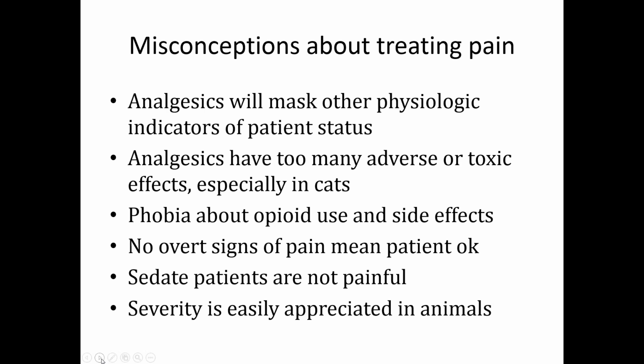There are some misconceptions. Hopefully these aren't so much the case for people anymore, but I think one of the big ones in the past has been that analgesics are going to mask other physiologic indicators of patient status, or that they have too many adverse or toxic effects, especially in cats. So the classic one is that opioids are going to cause too much depression of heart rate and respiratory rate,